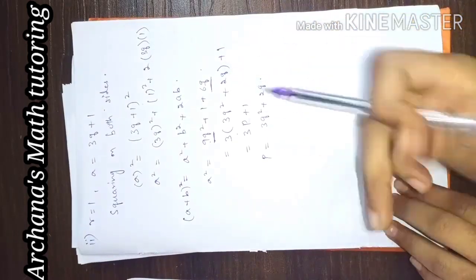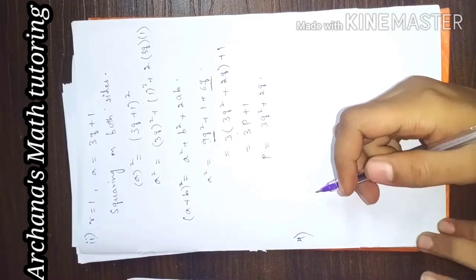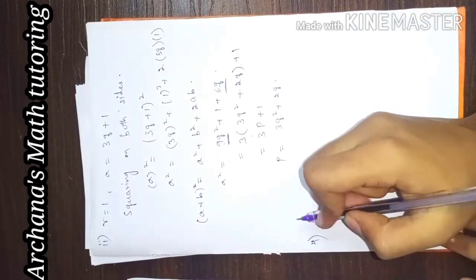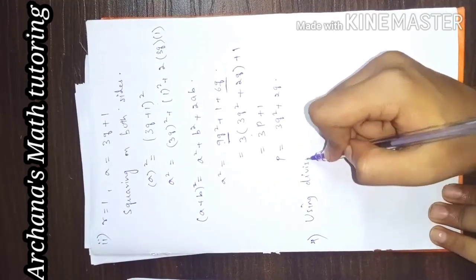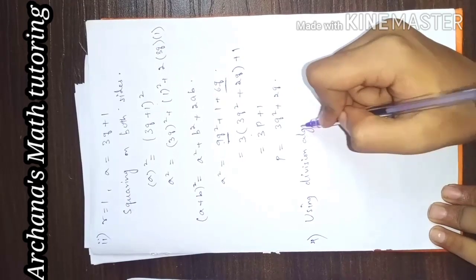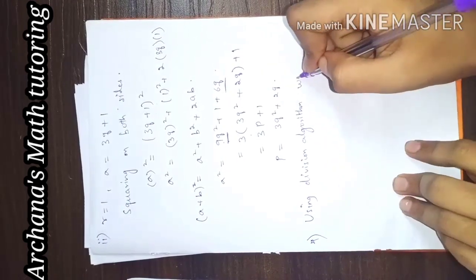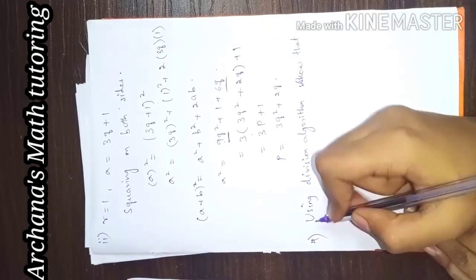Now moving on to the fourth problem. This is also a similar model, but this is having the cube of an integer. So the question is, using division algorithm, we need to show that the cube of